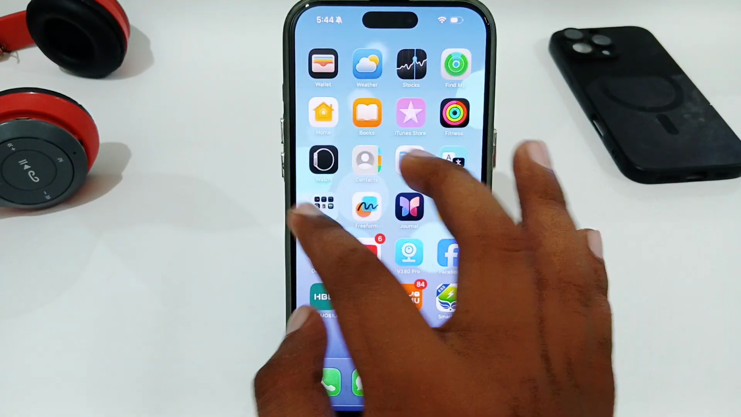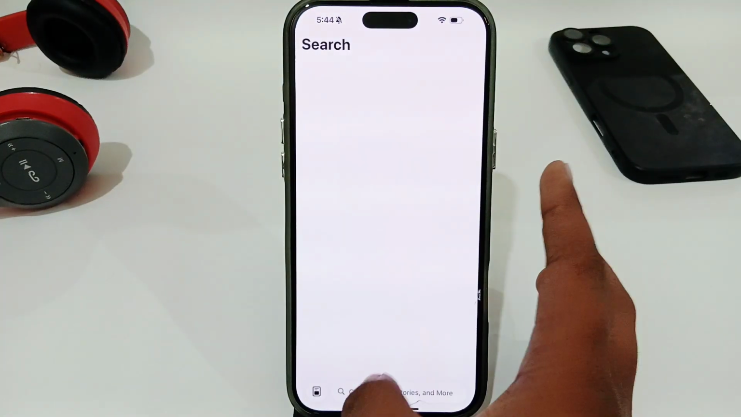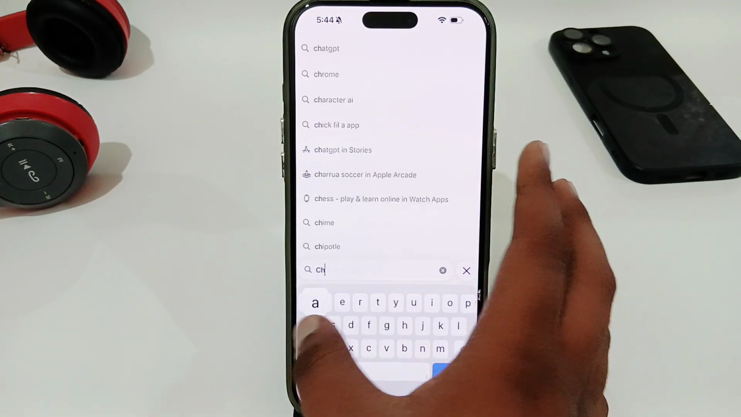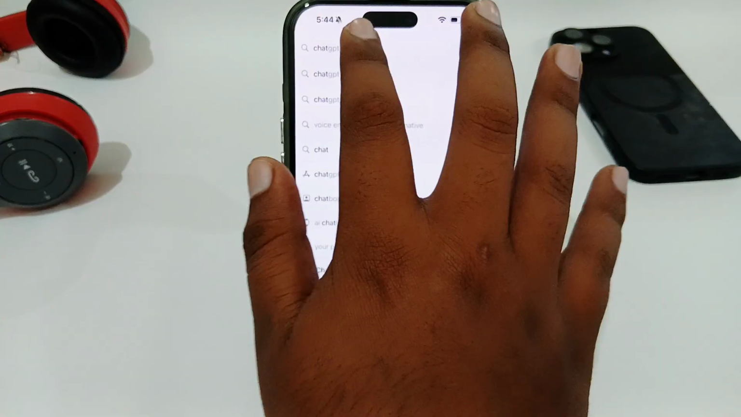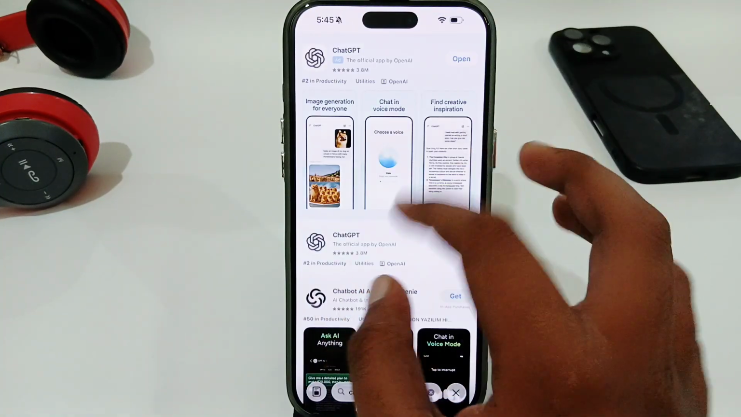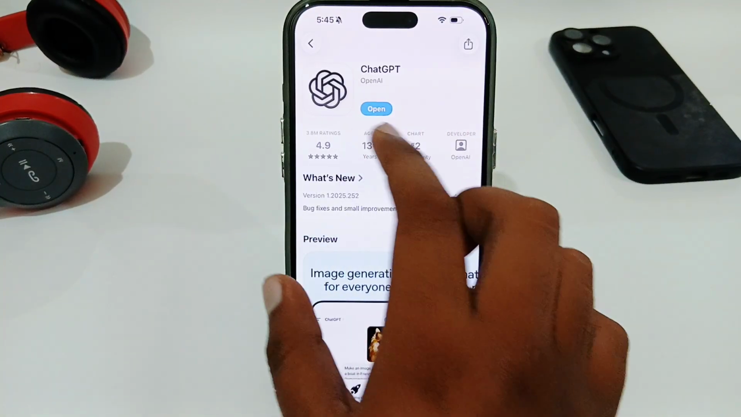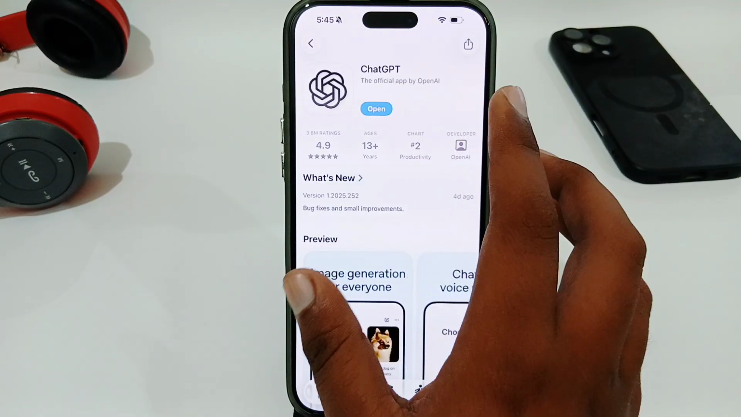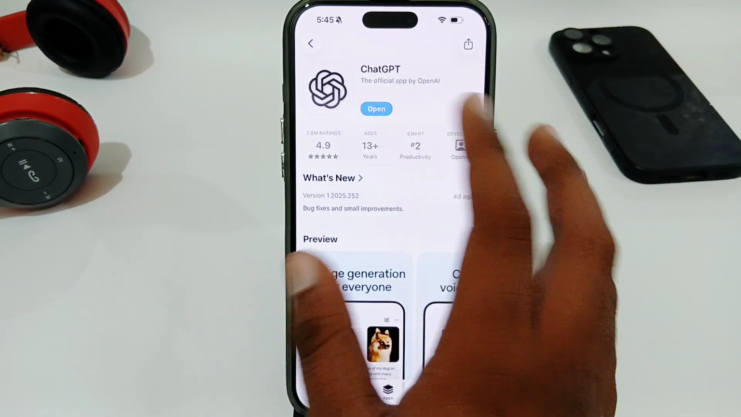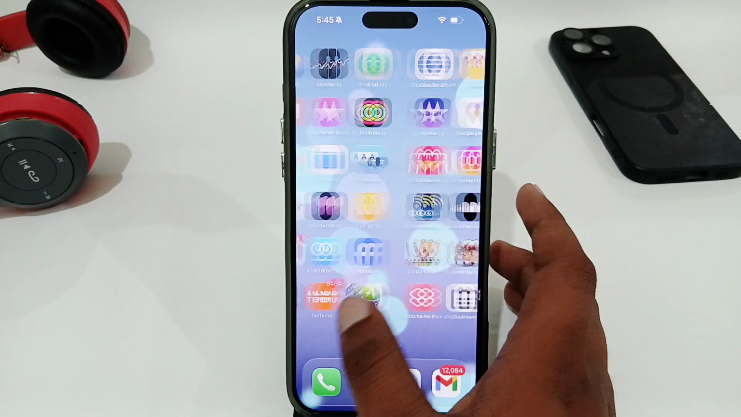First of all, you have to make sure that you are on the latest version of ChatGPT. So open up your App Store or Google Play Store, search for ChatGPT, and make sure that you don't have any update available here. If you are on the latest version, go ahead to your ChatGPT application